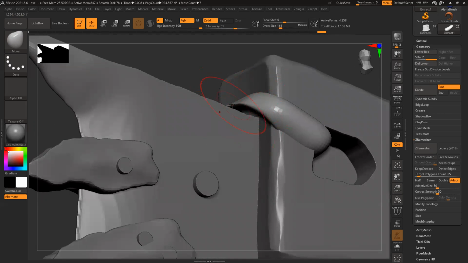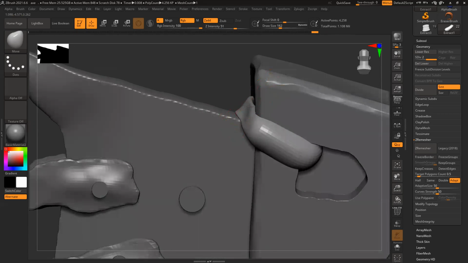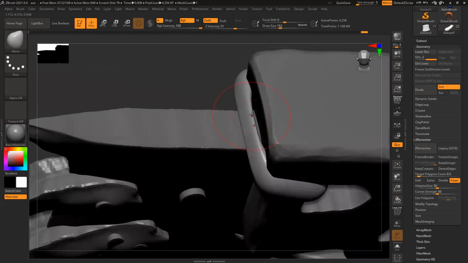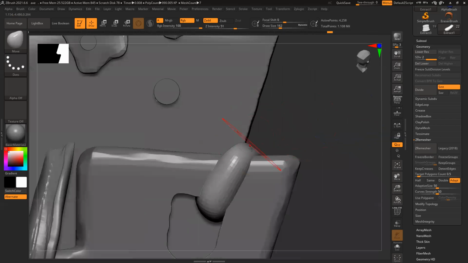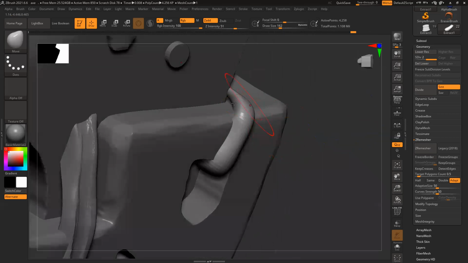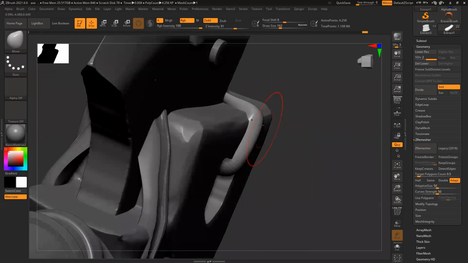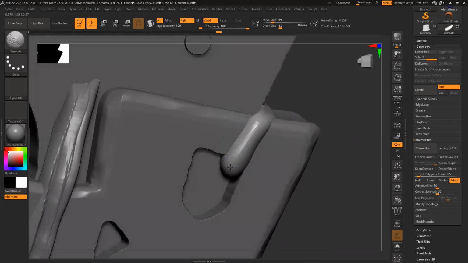From side also have to check. The thickness overall similar.